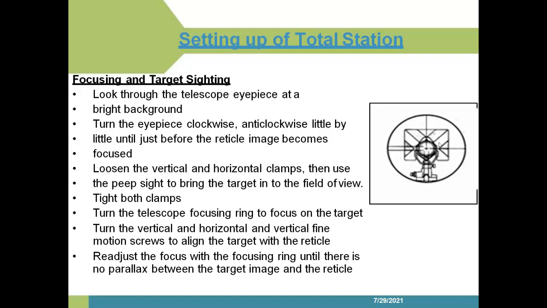In that, we need to look through the telescope eyepiece at the back side. After that, we rotate the eyepiece clockwise. After that, we can see the object very clearly. When we see the object, the object is connected with the ranging rod. At the top, it will be mounted with the